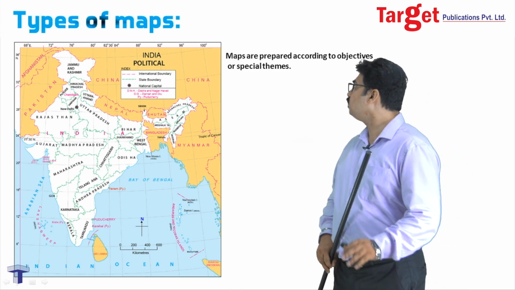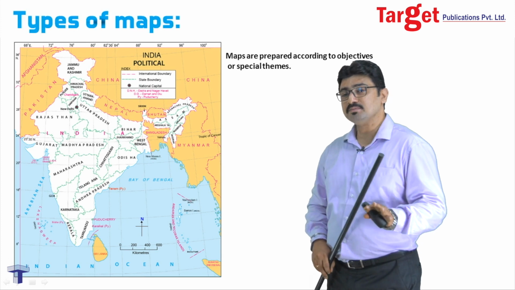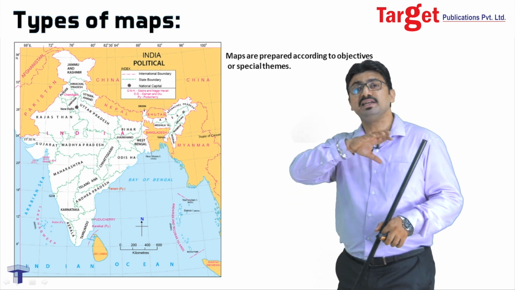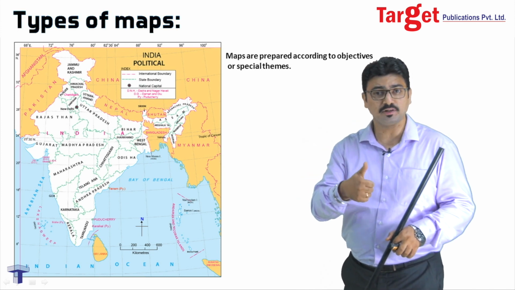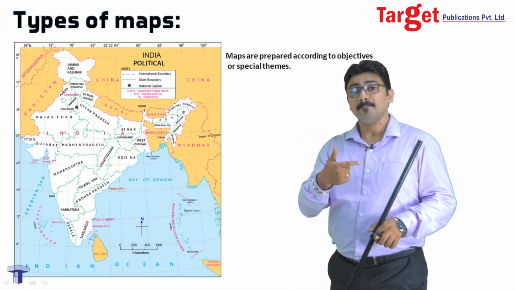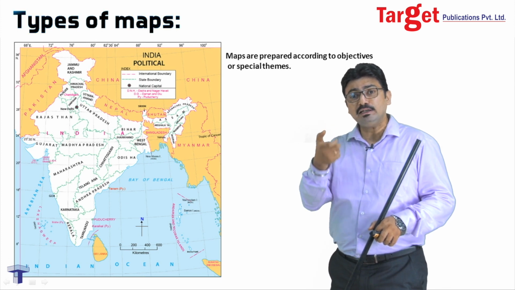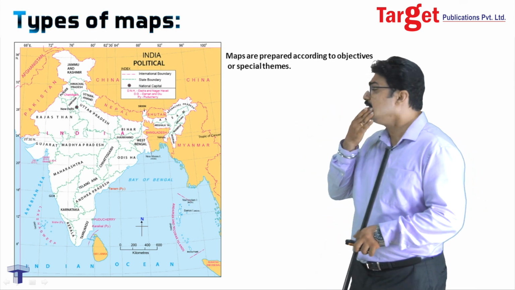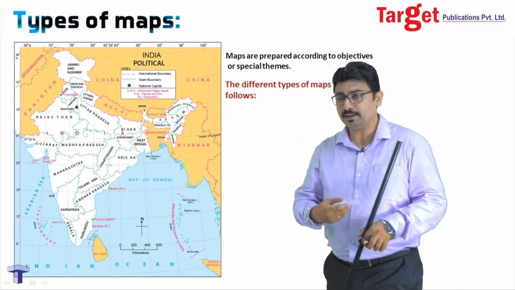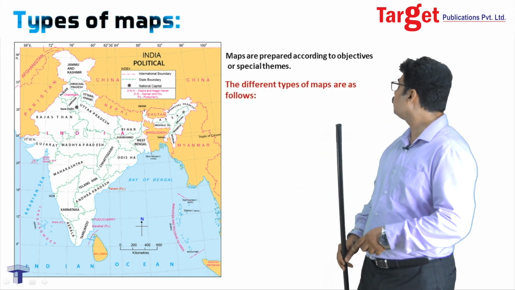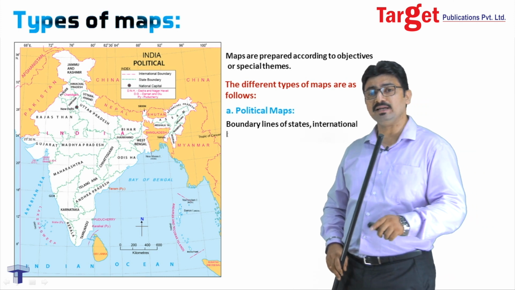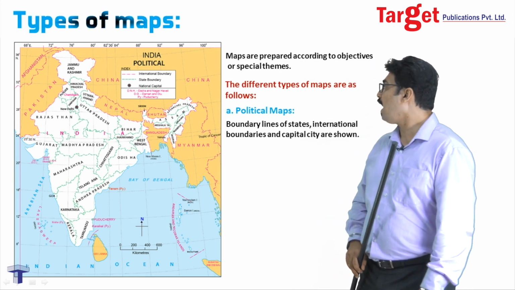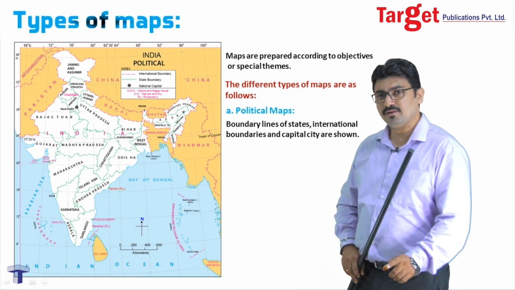Now, we also saw that maps are made based on special themes. I mentioned to you earlier that there are various types of maps, either based on the features to be shown or based on the type or the method used to represent that feature. So here we will understand some different types of maps. Okay. So maps are prepared with the help of themes. So first we will see maps which are based on different themes. And what are the different themes that we have got?